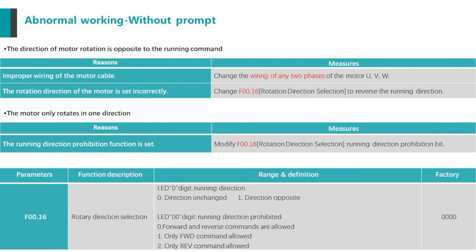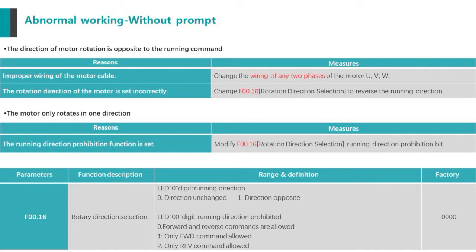Another important parameter is F0.16. F0.16 could select the rotation direction or prohibit the running direction. If you find the motor runs in the opposite direction, like you press the forward running button but the motor runs reversely, this time you could exchange any two phases of the UVW terminal wiring,